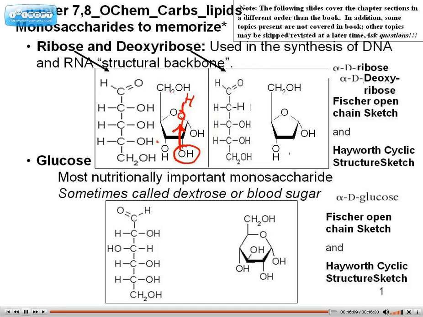So, consequently, it needs to be written exactly like this with proper hydroxyl orientation, or it's wrong. Now, to help you appreciate the orientation of these alcohols and to give you a couple shortcuts on how to memorize this, let's go ahead and go to